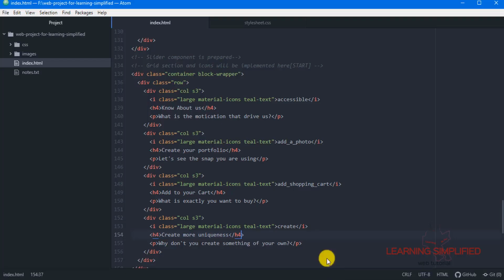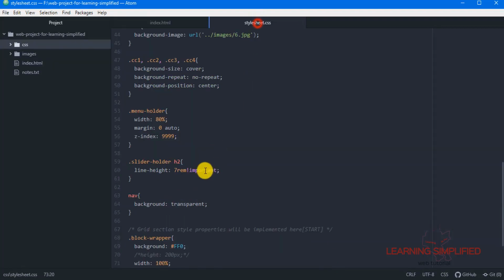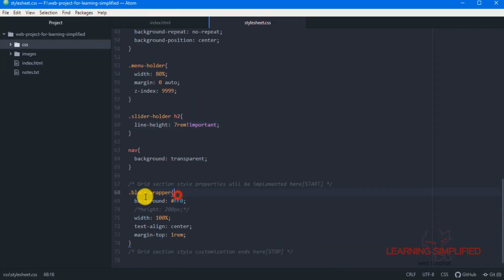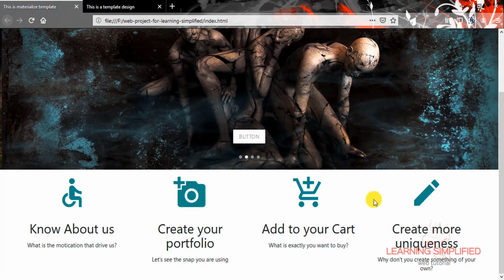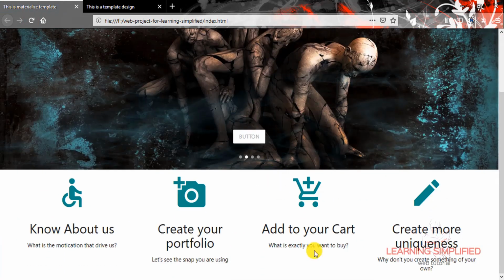So in the very first case, remove this background color that we have provided in case of this block wrapper. Let's remove it from here. Press Ctrl S, get back to your project and reload, and you can see that this will be the result.